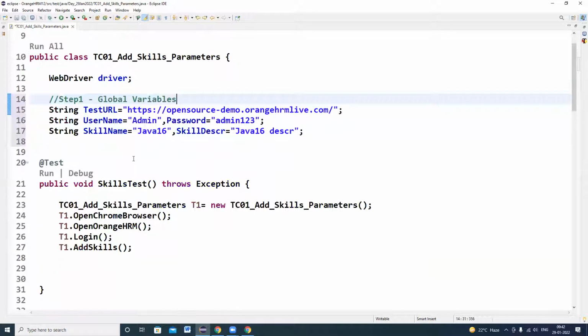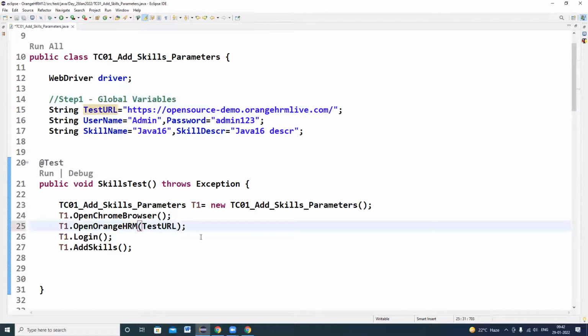Okay, next. In the parameterization, what is the next step? We have to pass the global variables to the main test methods. So test URL input data is required for Open Orange HRM, and username and password input values are required for the login method.